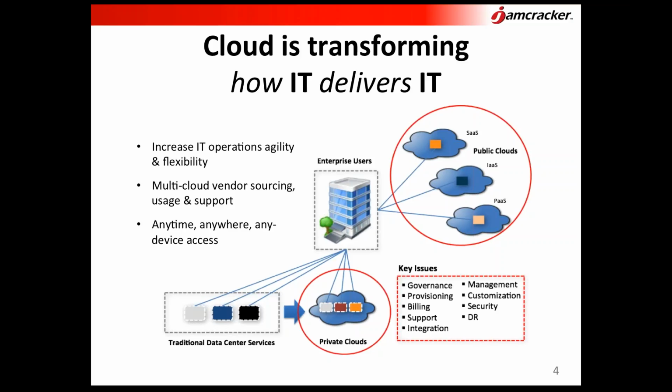There's now an expectation that at any time, anywhere, on any device, whether it's my laptop, my home computer, my mobile device, my iPad, I should be able to get access to my apps, my data, email, etc., 24/7. So what this does is it presents IT with a challenge in that it's no longer as much of a